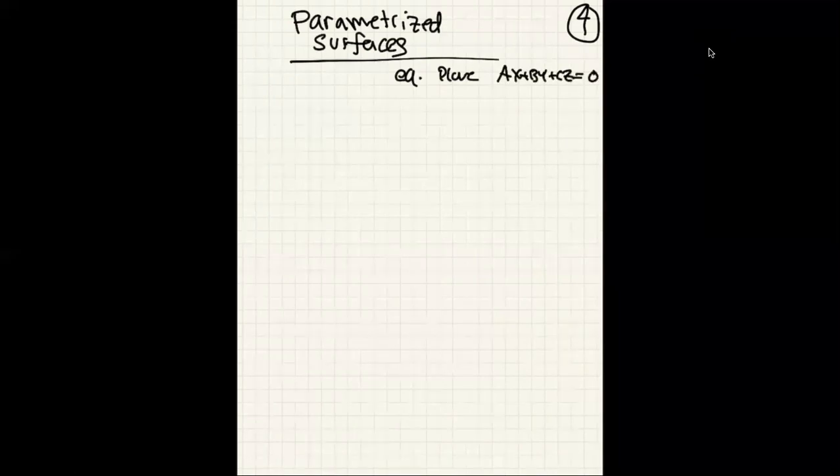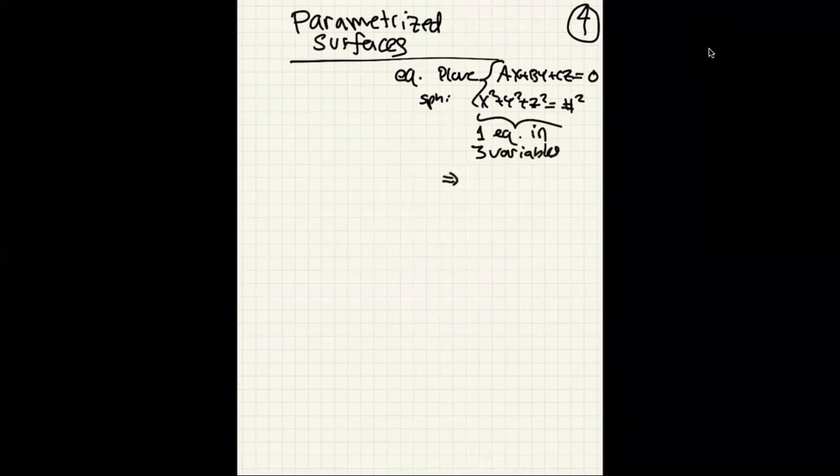Or a sphere was x squared plus y squared plus z squared equals some number squared. The commonality with all of these is it's one equation in 3 variables, and this creates a 2-dimensional surface